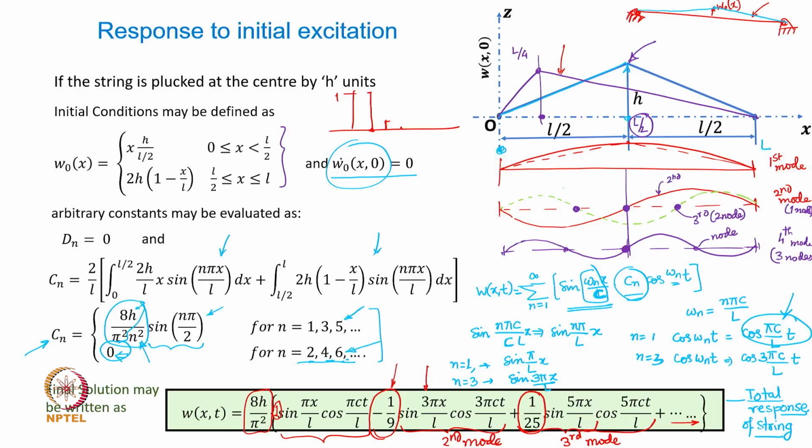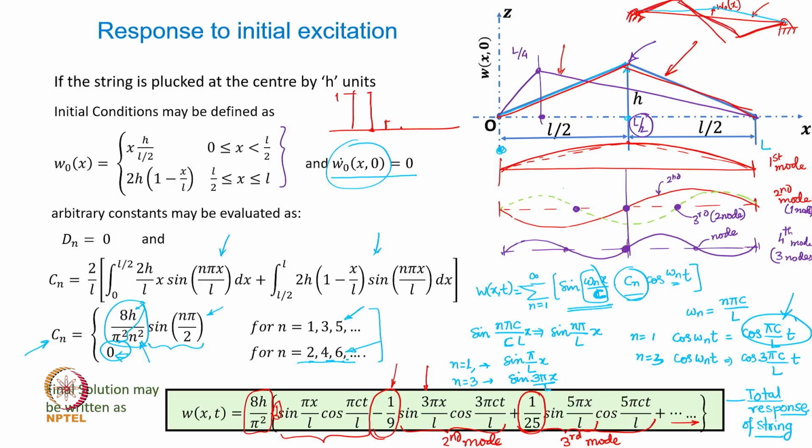Okay, so it is because your initial displacement here is matching reasonably close to the first mode shape. Therefore the first mode contributes significantly higher and the higher modes do not contribute as much. Okay, and in general it is true that when you give some arbitrary excitation like this, higher mode natural frequencies are going to contribute lesser to the total vibratory response, unless you give the initial displacement literally like this,